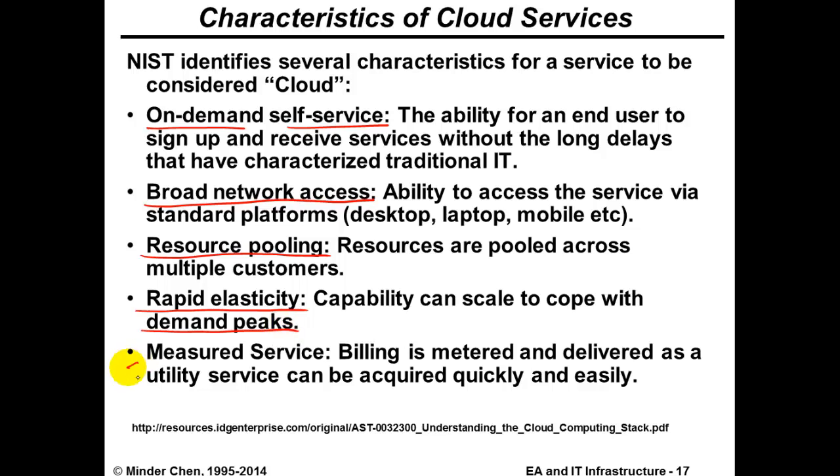And the service is so-called measured service, which means that we can measure how much resource you have used and then charge you according to what you use. If you have a slow day, not using much, you would be charged less. If you have, for instance, just placed a Super Bowl ad and people are hitting your website like crazy, the system will scale up and handle that peak traffic, and solve the problem that we had previously.